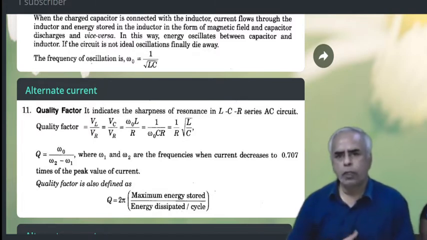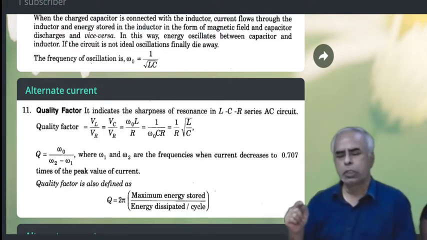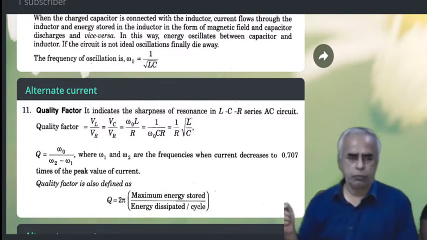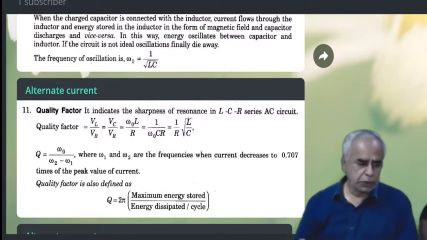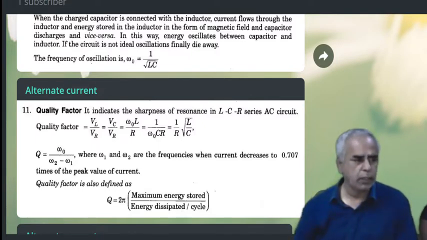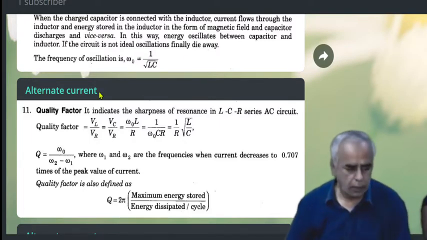Where omega 1, omega 2 are the frequencies when current decreases to 0.707 times the peak value. We have already got the relationship between the effective value and the peak value, is it not? I naught and I, V naught and V, and we have V RMS or I RMS, all these relations between I naught and I RMS. Okay, so based on that, quality factor is the ratio between